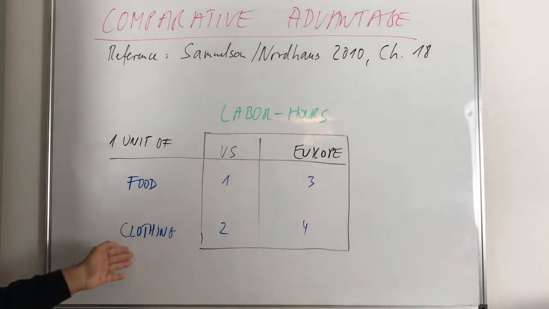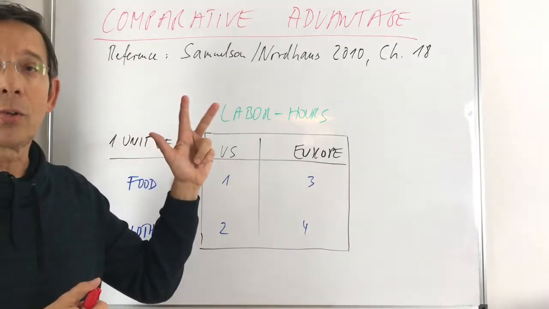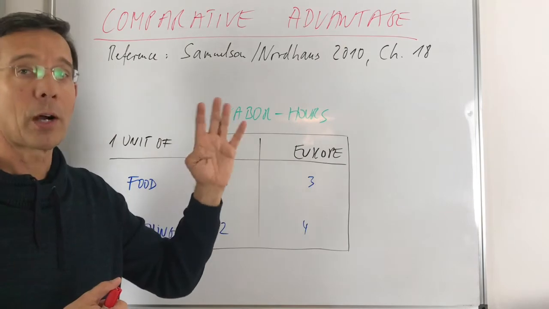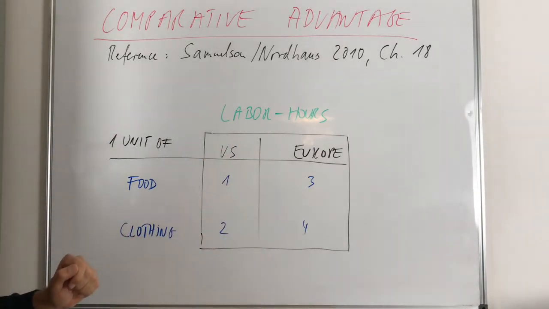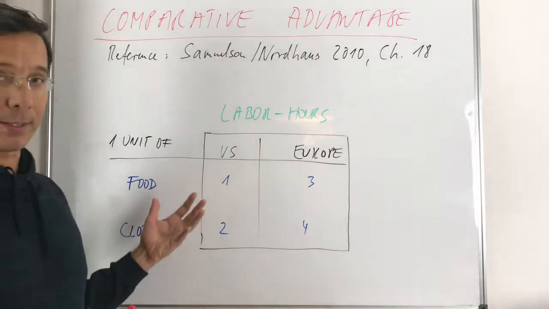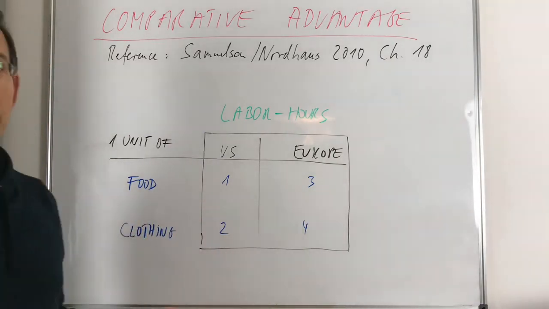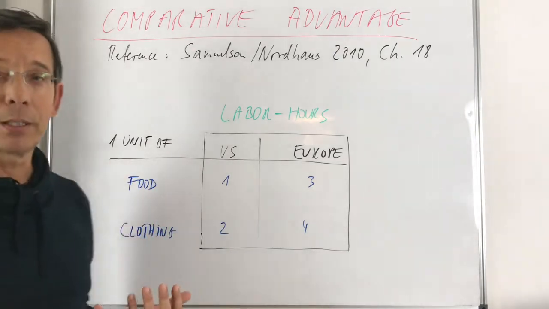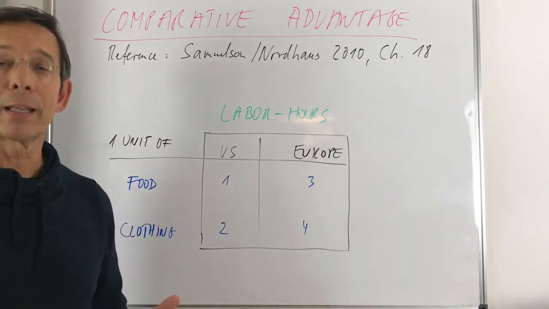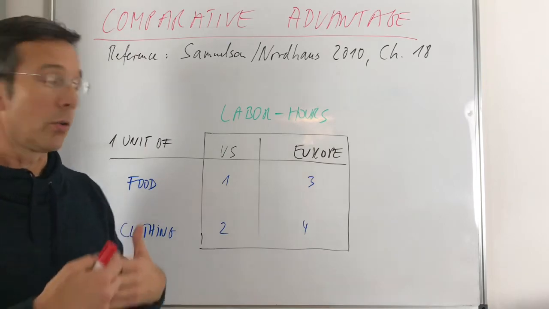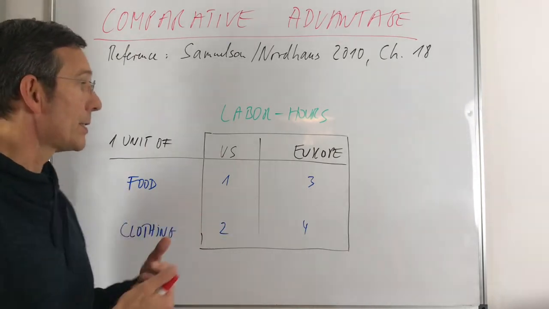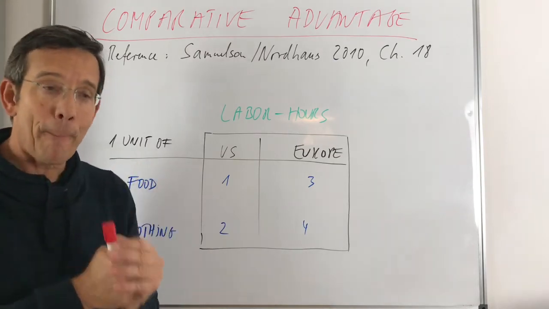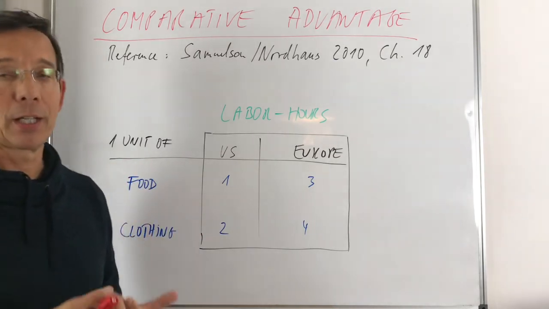And clothing: the US 2 hours for 1 unit of clothing, and in Europe 4 hours for 1 unit of clothing. So the US is also better in producing clothing, and so the US is better in producing clothing and food. And nevertheless, both countries, or continent and countries, could be better off by exchanging if one country specializes according